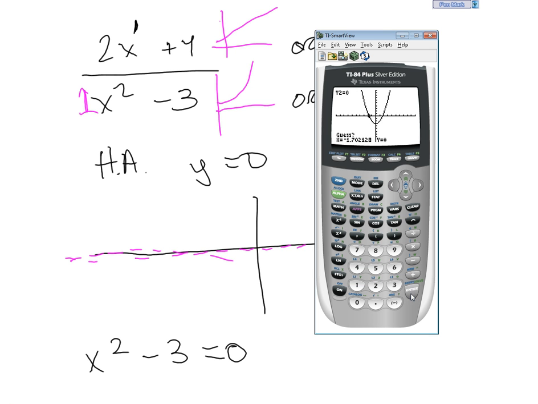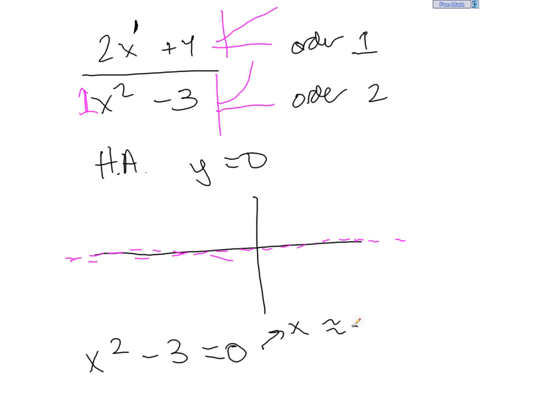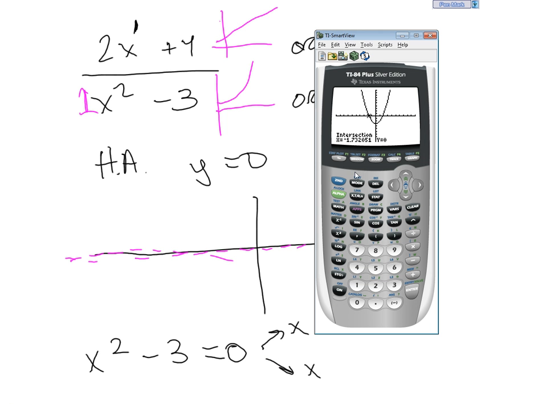Well, that means that if I have 2 points that are going to make this function 0, I'm going to have 2 asymptotes. And it's just as straightforward as that. This guy will have a solution of x is approximately negative 1.7, and another solution of x is approximately,